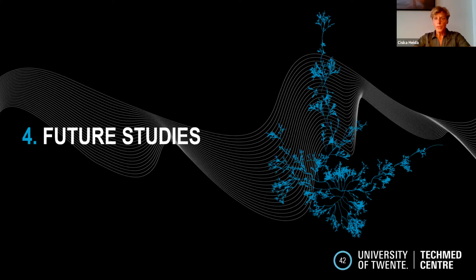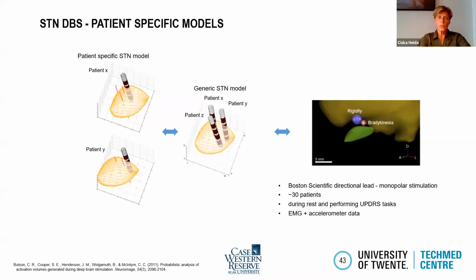Some future studies: we will continue both the modeling in volume conduction models and the neural network modeling. We're now working together with the group of Cameron McIntyre, which used to be at Cleveland, but is now at Duke University. They have a data set of patients in which EMG and accelerometer data is collected